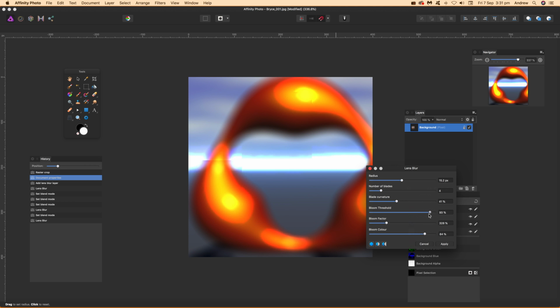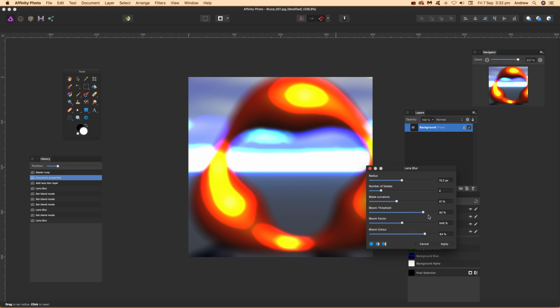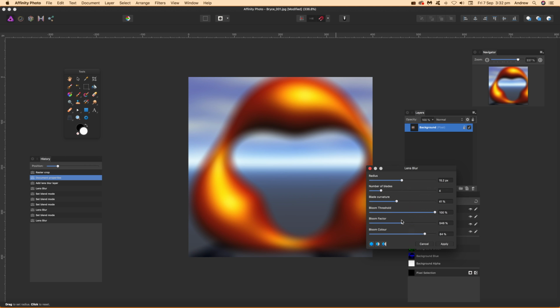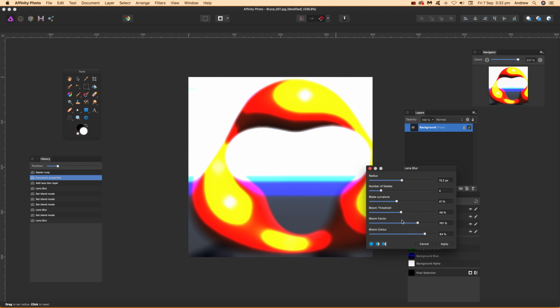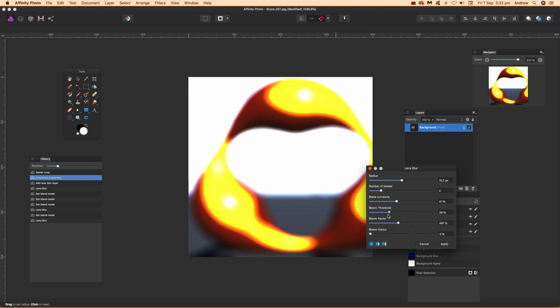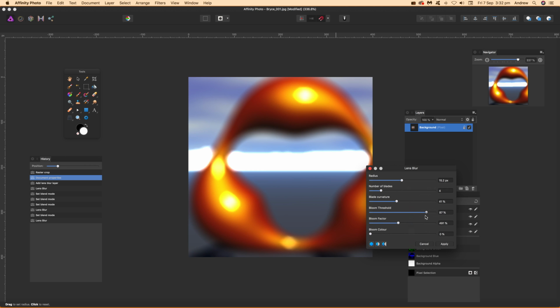But you can also, like I say, move the bloom threshold. If you keep it at 100%, then all the other factors are completely pointless. Put the bloom threshold down, say 50% or whatever, and then you can just go through and you can see you can modify the setting, factor and colour. So you can just do that. Just obviously a combination of bloom threshold, factor and colour, and you can create some very interesting designs just by